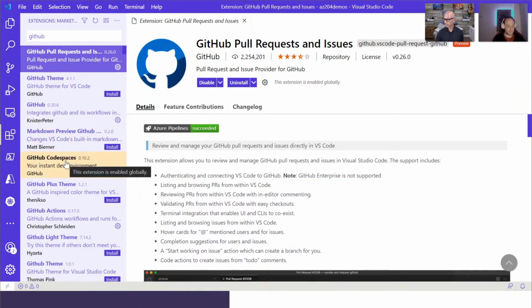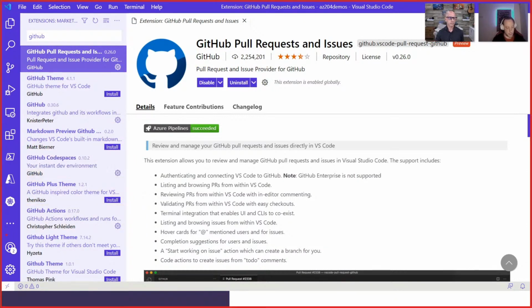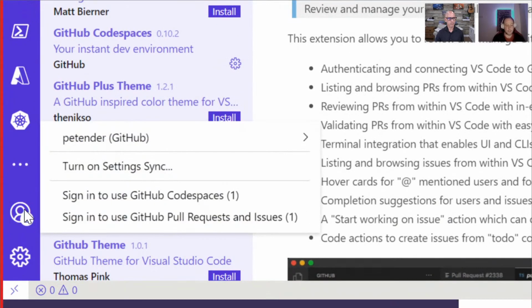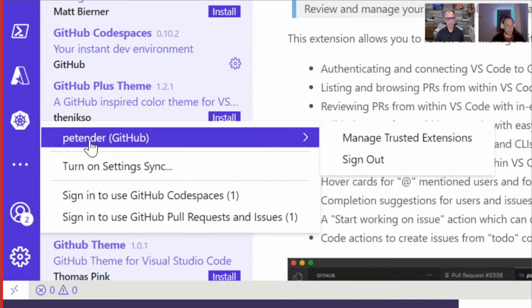So I installed this pull request extension, and from there, I went to my account option down here, where now it says to, and I'll show you in a little bit larger view what's behind this. So again, it's the first time you install that extension, it's going to ask you to authenticate, where my GitHub user is PE Tender. For anyone who wants to contribute to some of my repos projects, we'll guide you through some scenarios later on how to do that.